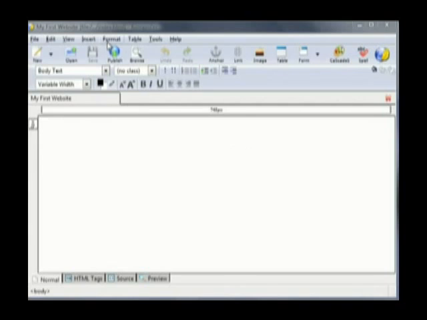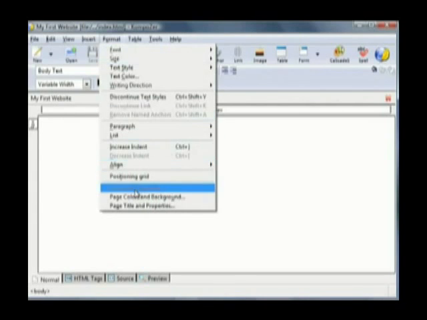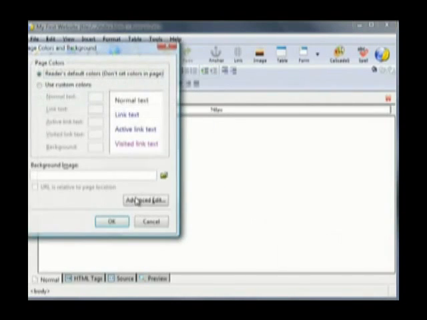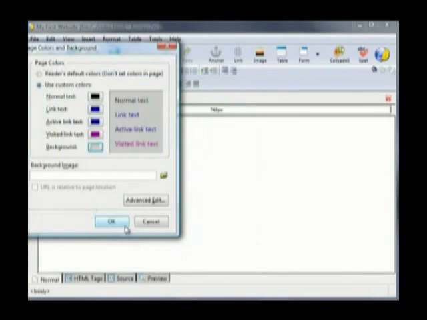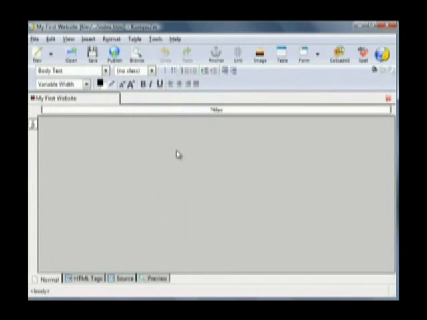To do this, click on Format, Page Colours and Background, use Custom Colours. You can see these are the custom colours. The background, click on that box there. This swatch comes up. I'm going to select the grey. OK. OK. And then to start entering content for your website, the easiest way to do this and to control